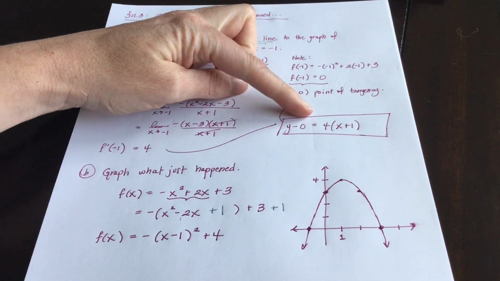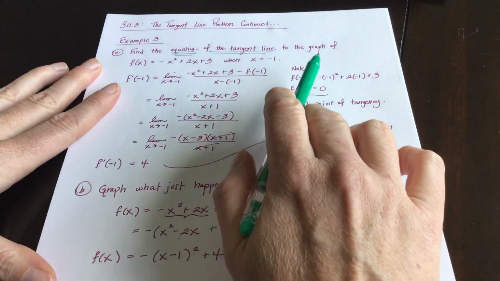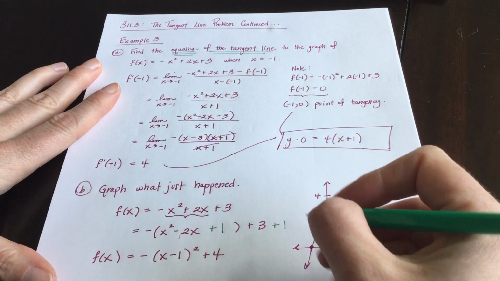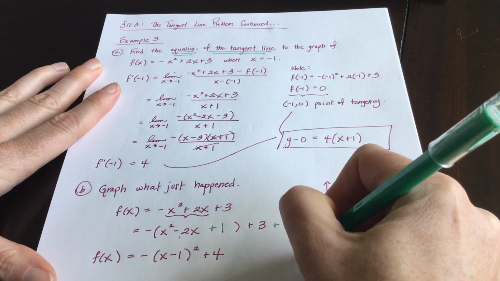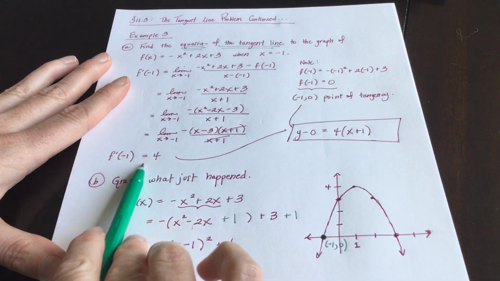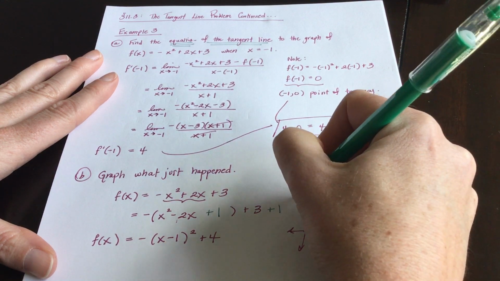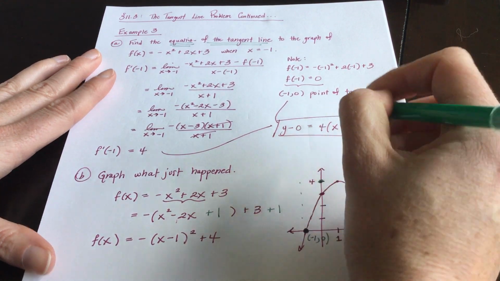We're also going to add the equation of this line graph here. So we had found early on that the point of tangency was at -1, 0. And then we also found that the slope of the tangent line was 4. So from here, if I was to go up 1, 2, 3, 4, and over 1,